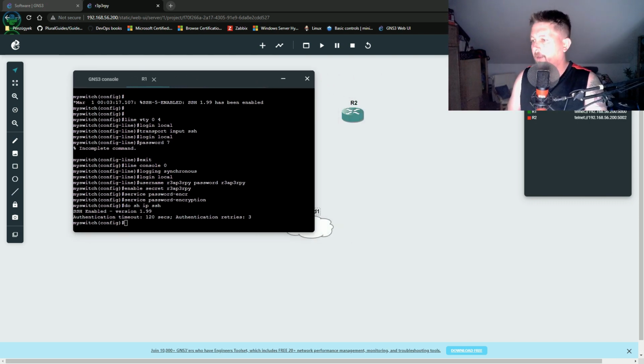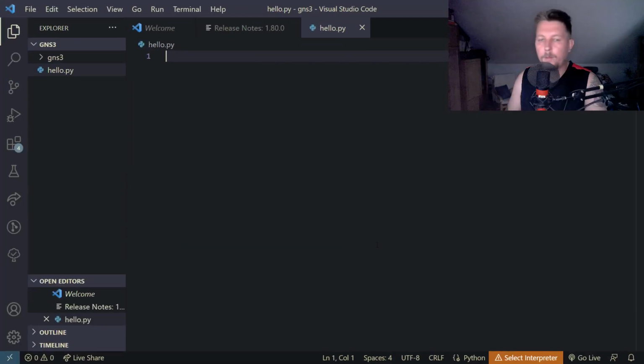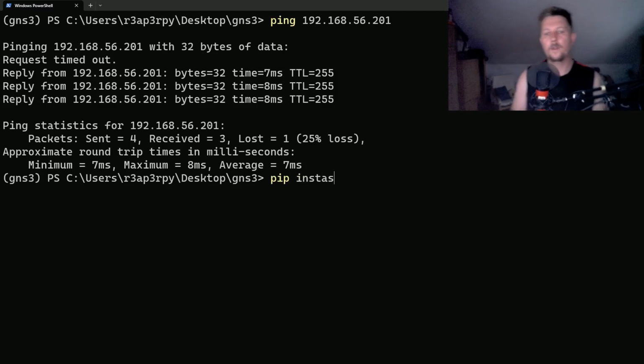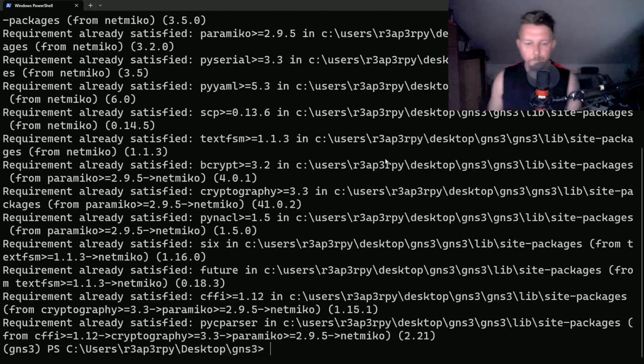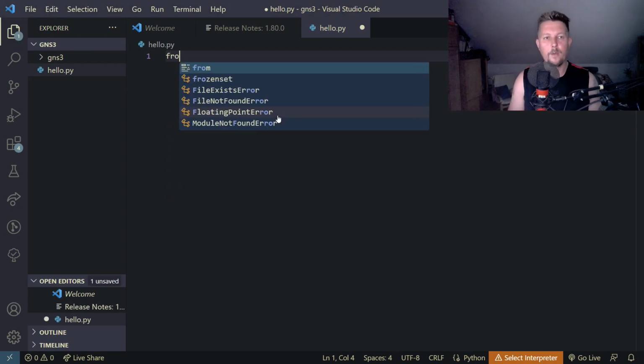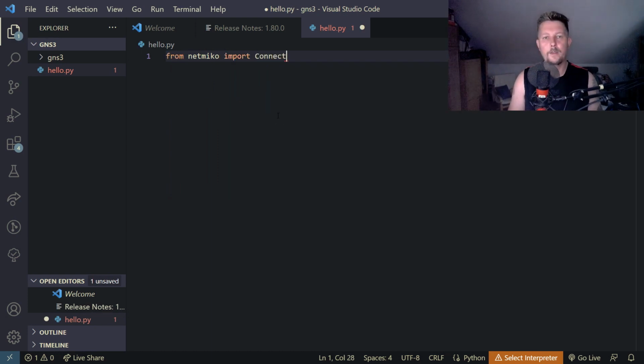All right, once this is done, we can go to our Python script, and first we have to use the pip install Netmiko. It is installed. Now we can create our hello script. So how do we connect with the Netmiko? From Netmiko, we import the connect handler,